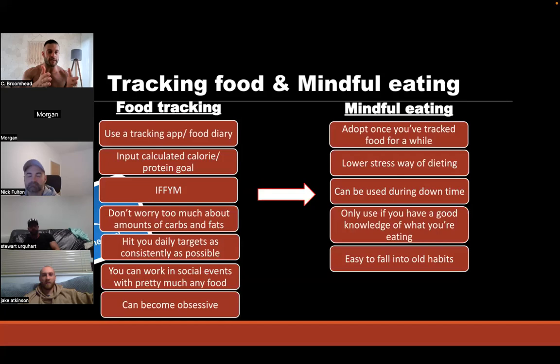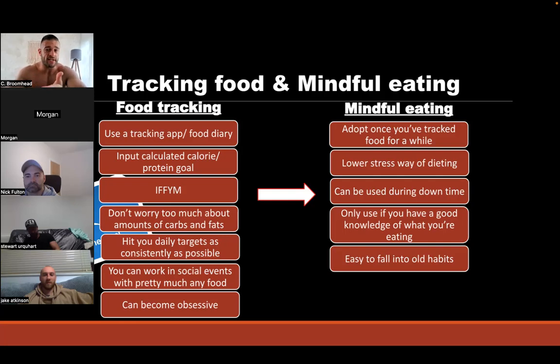I still come back to this now and again, and if I'm pushing food up hard or pushing food down hard especially, I'll definitely start tracking, because there's less room for error. At the moment, as long as I'm keeping a close eye on everything else, I've got a bit of room for error. Some days are higher, some days are lower. It's not the end of the world, as long as you're not just putting your head in the sand and gaining body fat until you've got a problem.